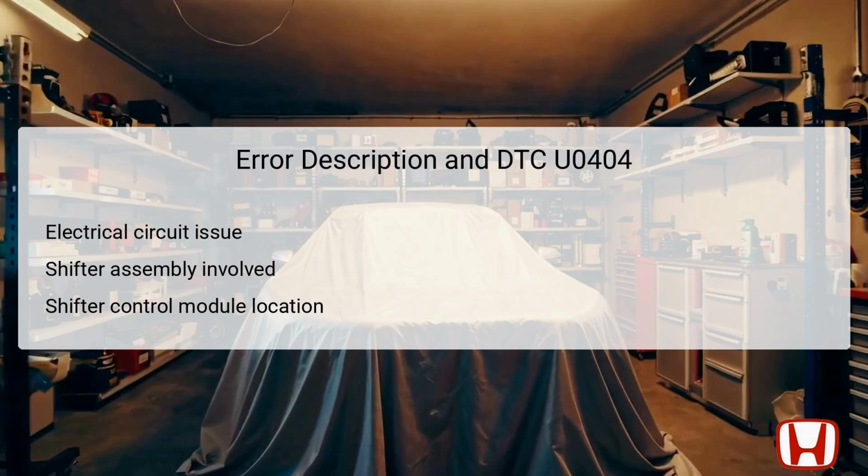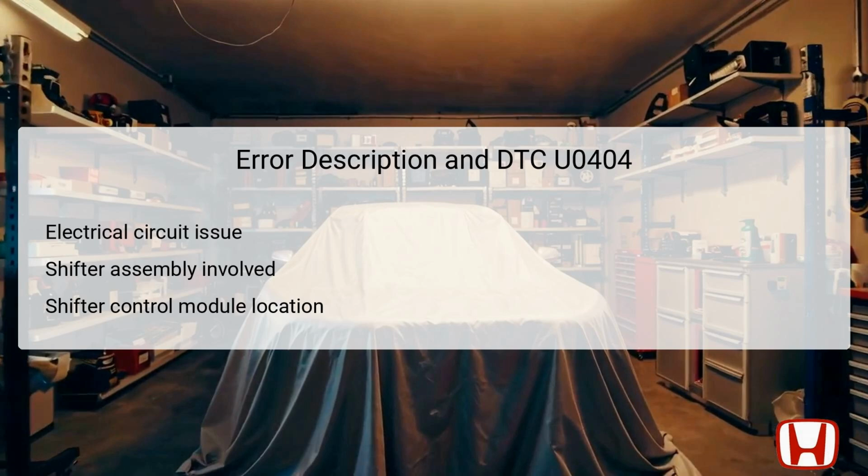DTC U0404 points to an electrical circuit issue between the shifter and the vehicle's systems. Specifically, it indicates that the data received from the shifter is invalid, which can disrupt the vehicle's operation. The shifter assembly plays a critical role in translating the driver's input into commands that the transmission control module, TCM, can understand. Typically located in the center console of the Honda Pilot, the shifter sends signals to the TCM, which